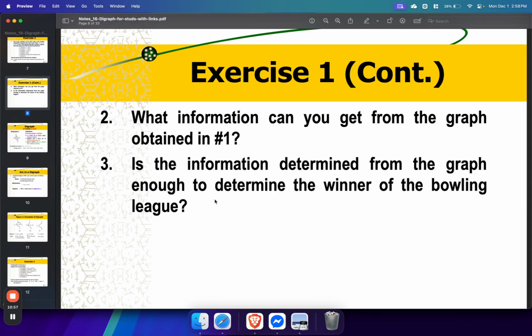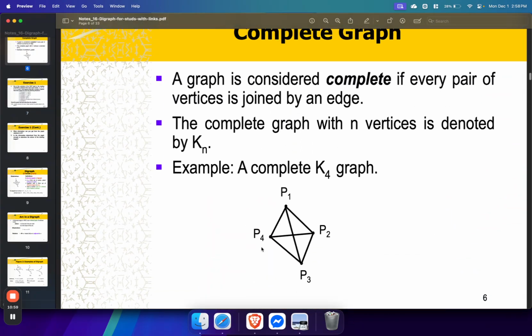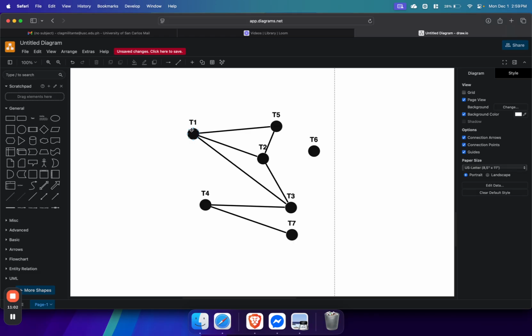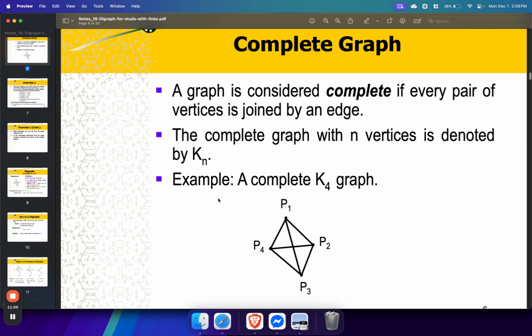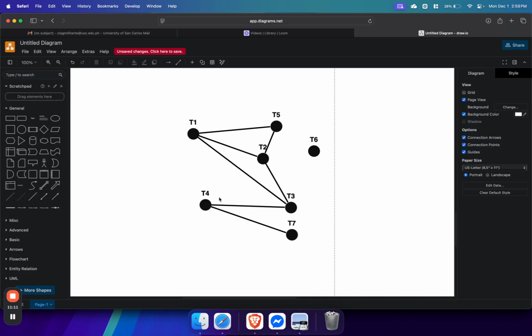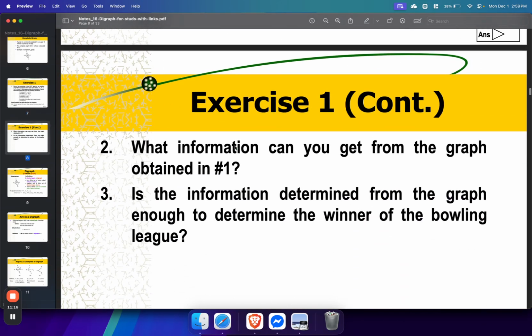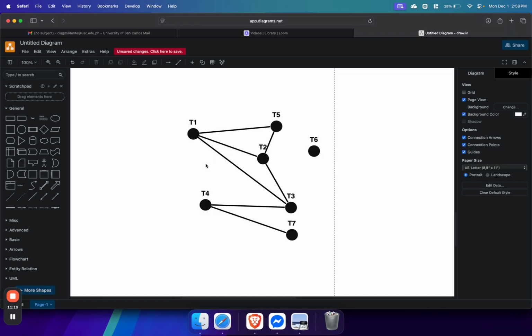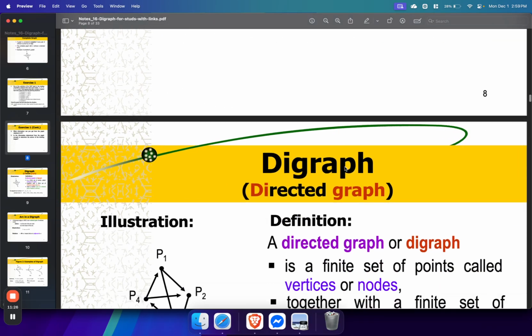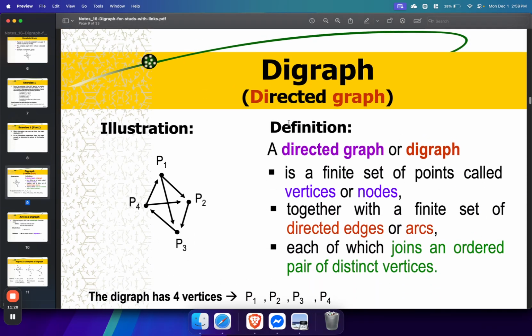So, this specific implementation of the graph is very useful if you just want to know relationships between different vertices, only generic information like if they are connected with each other or have a specific relationship. Now, if we want to know more, if we want to garner more information, this just doesn't cut it. Which is why we introduced the concept of the digraph or the directed graph.